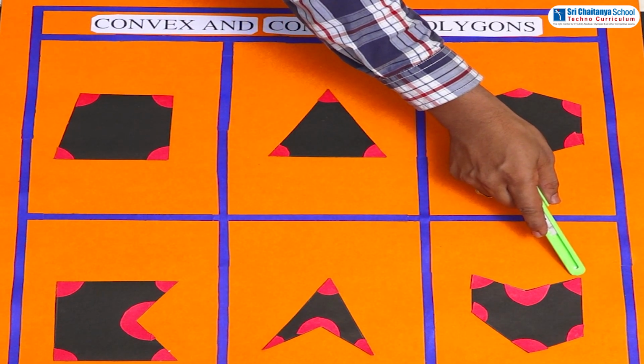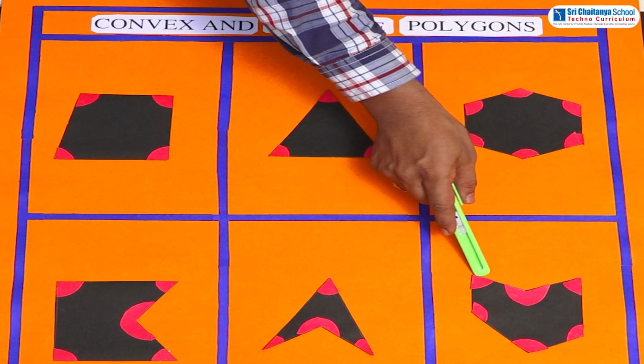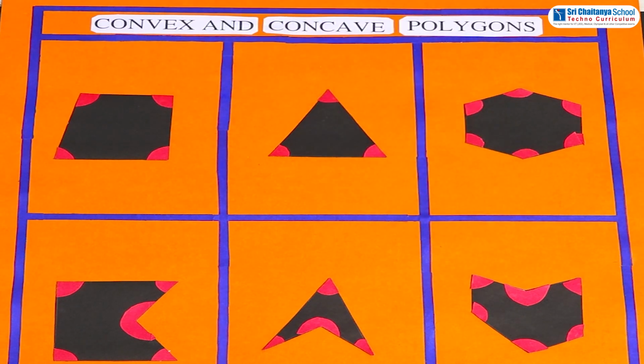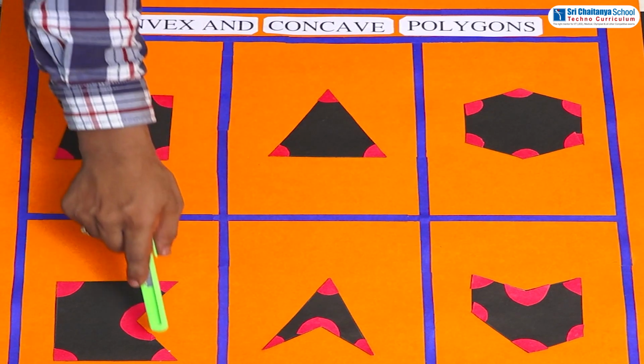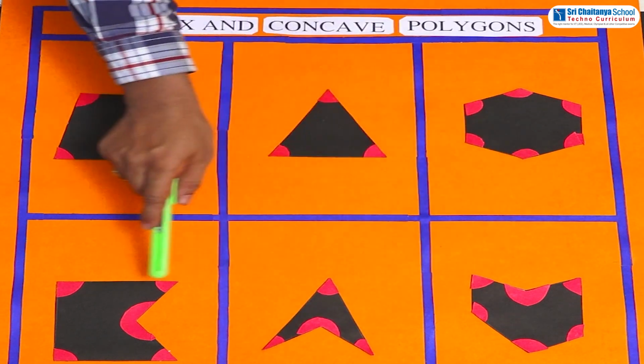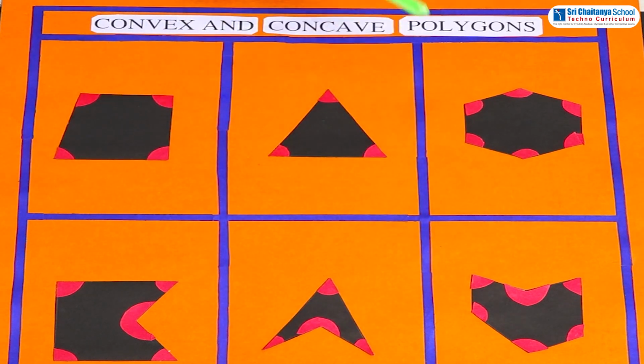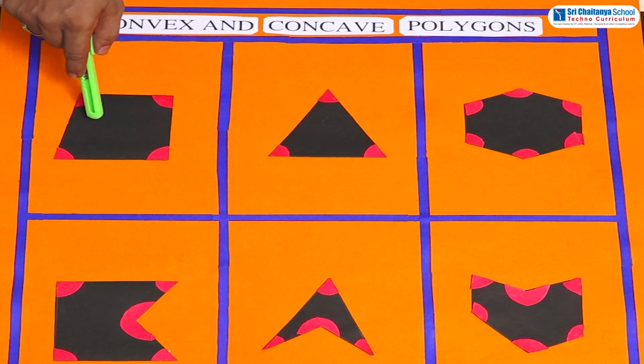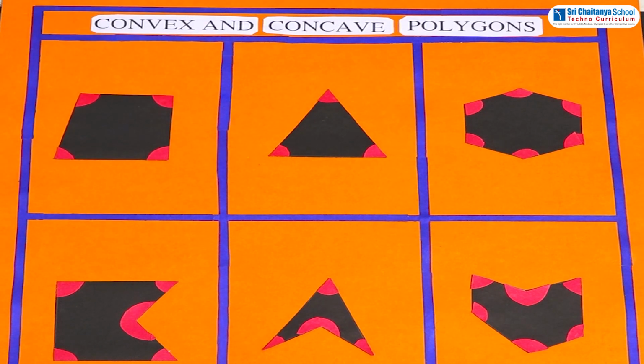In this polygon also, the diagonal lies outside of the polygon. Here we can conclude that if at least one diagonal lies outside of the polygon, then such kinds of polygons are called concave polygons. See children, till now we have observed various convex and concave polygons by using a